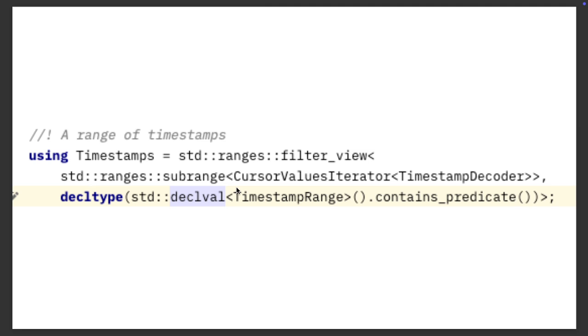It's not a runtime thing. So this declval is a nice utility to produce such values out of thin air. Like you just say, okay, I need a timestamp range value, and you declare it like this, and it appears out of nowhere. It's an opaque kind of value, but